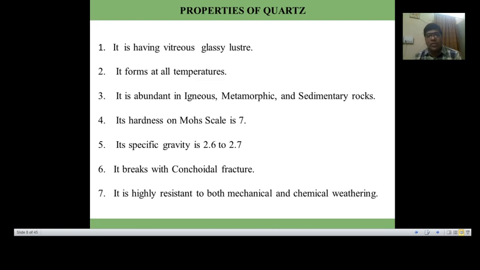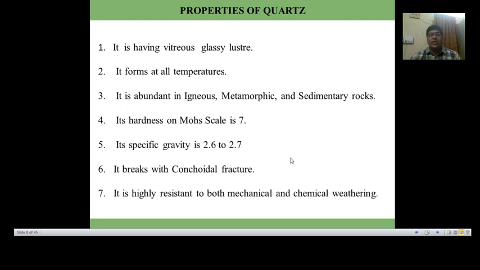Its hardness on the Mohs scale is 7. We have discussed in the previous classes that the Mohs scale is the scale on which materials or minerals are arranged in increasing order from soft to hard. Number 1 is the soft form and number 10 is the hardest form. Number 1 is kaolin and number 10 is diamond, so you can imagine how soft and how hard they are. As the number increases, the hardness of the material increases: 2, 3, 4, 5. So 5 is harder than 4, 7 is harder than 6. As 7 is very near to 10, the diamond hardness, it is one of the hardest materials and its hardness is very high.